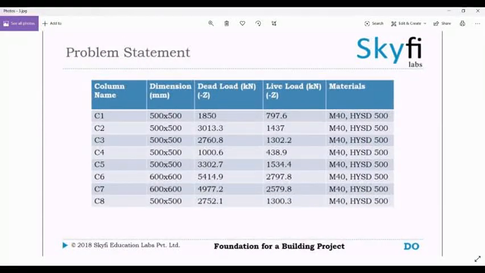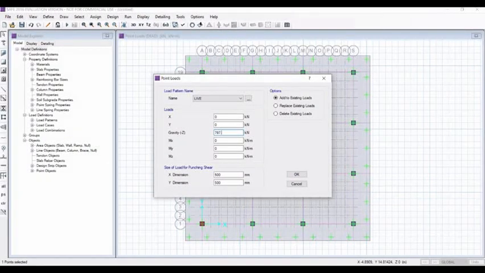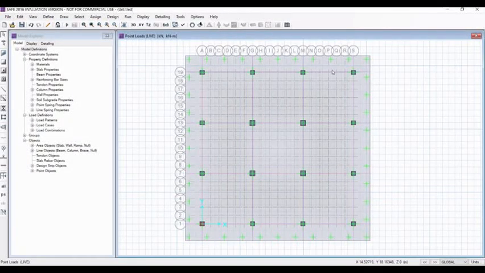Get the data here, it is 797.6, so we will write 797.6. This dimension has been given, and we'll press OK. And similarly we have to give all the data of these columns. For these columns we have to just change our sections.